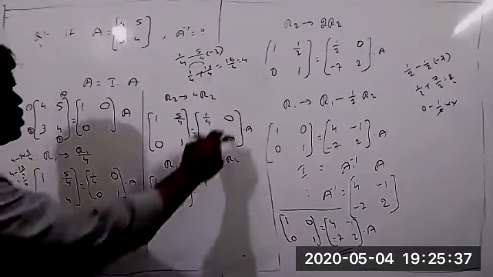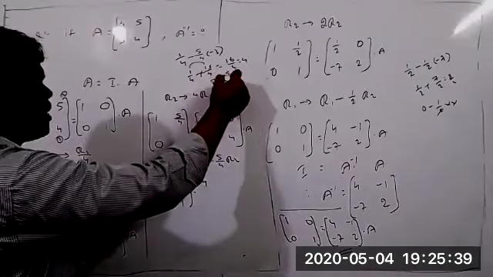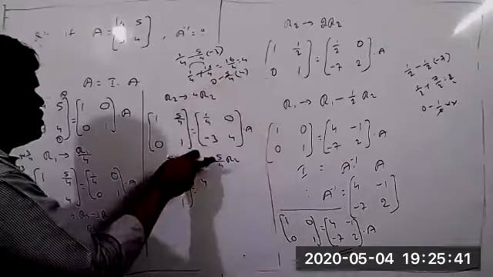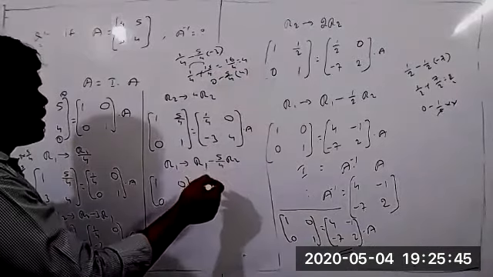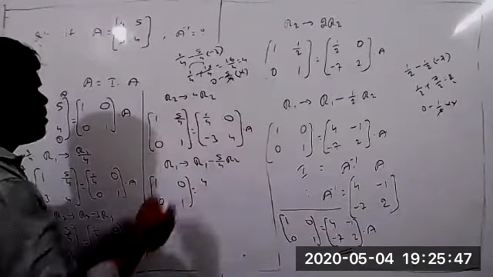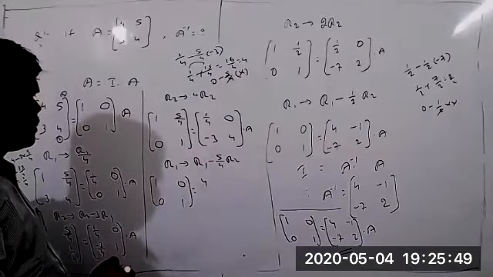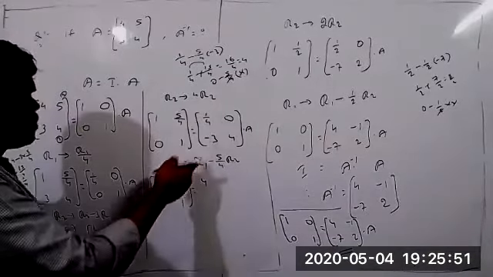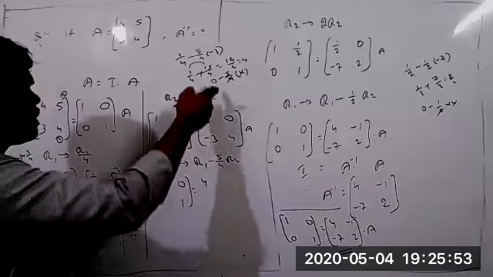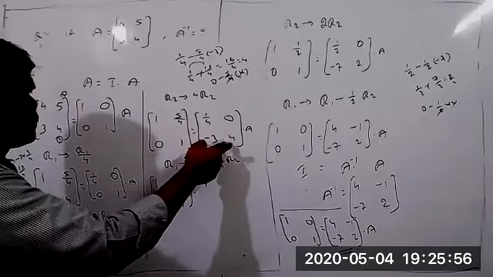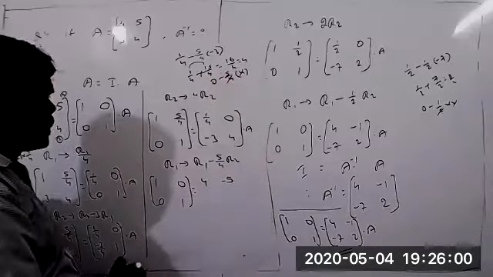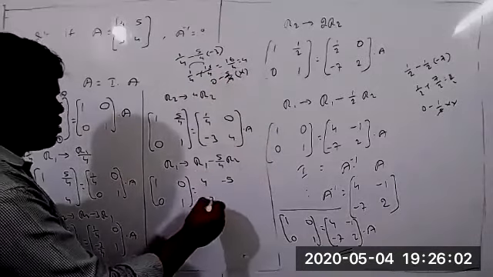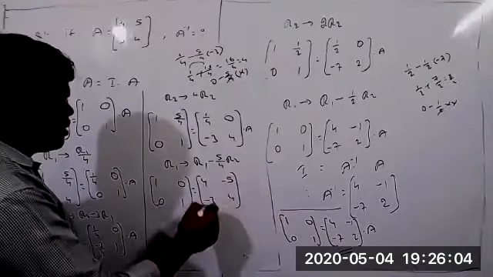Next, 0 minus 5 by 4 into 4. 0 because R1 equal to 0. 0 minus 10... minus 5 only, since the 4s cancel. Correct? 0 minus 5 by 4 into R2 equal to 4 only. 4 and 4 will be cancelled. So this is the minus 5. So second row I can write as is: minus 3, 4 into A.